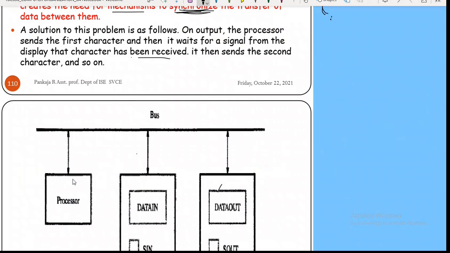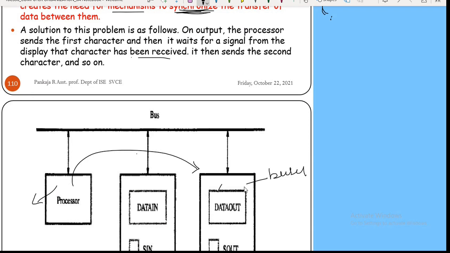So consider the processor wants to send some data to the output device, that is the monitor or display. And if this device is busy, it is not possible for the processor to keep on checking whether the device is free or not. What it is going to do is perform some other task of its own.